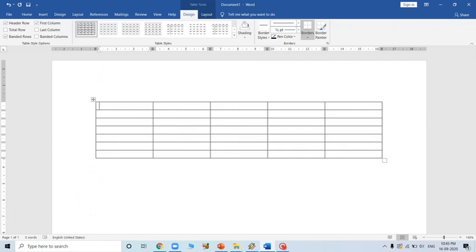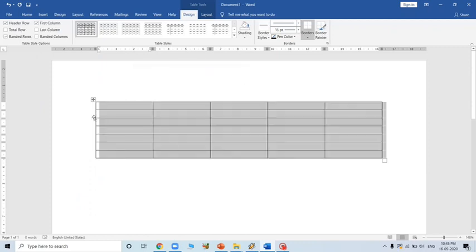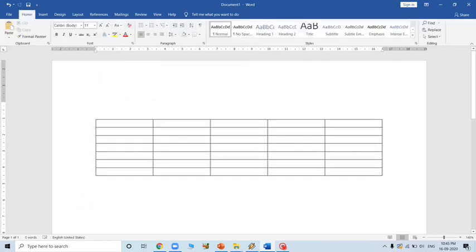We are supposed to prepare a table about the development of computers, or the history of the development of computers. So we can take it down here and mention the history of the development of the computers.